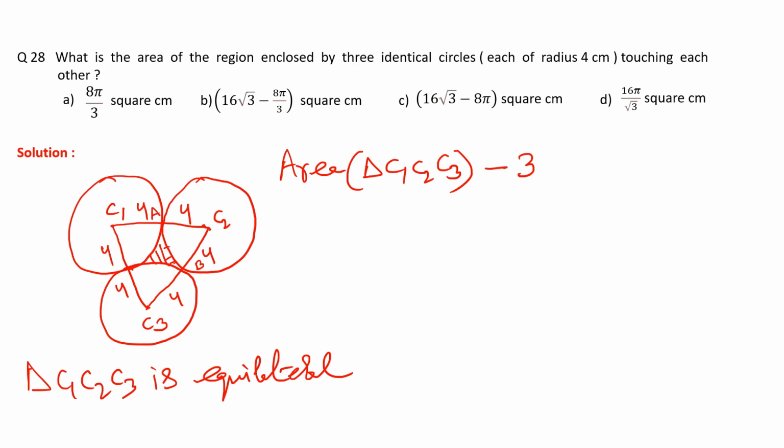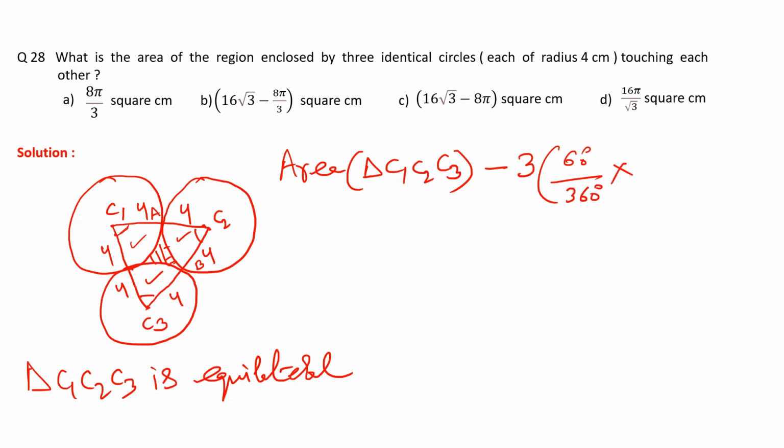the sector C2AB. Fine. Now since in each of these circles, these three angles are same, as well as the radius of all the three circles is same, the area of these three sectors will also be same. So I'm just considering one of them and I will subtract thrice of it from the area of the triangle C1C2C3. So now the area of this sector will become 60 degree upon 360 degree into pi r